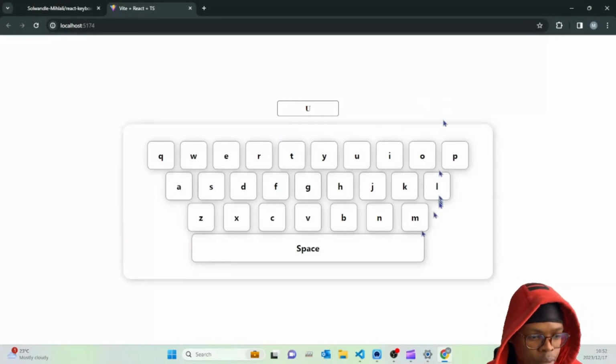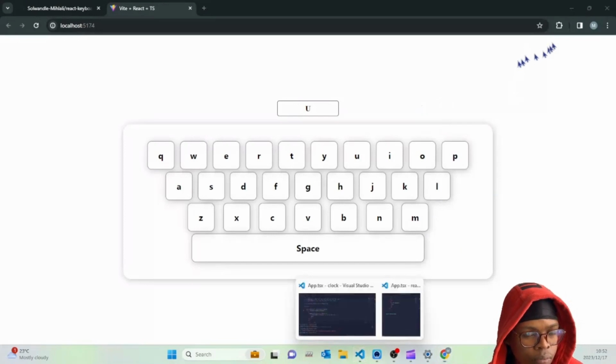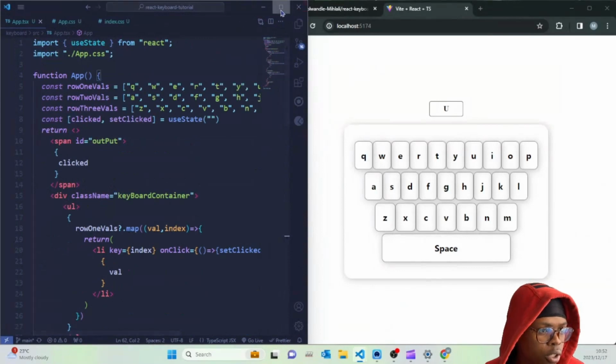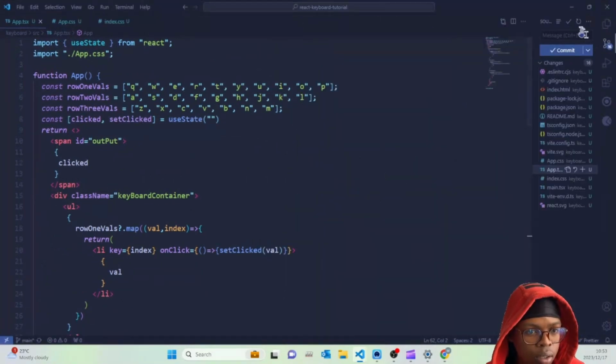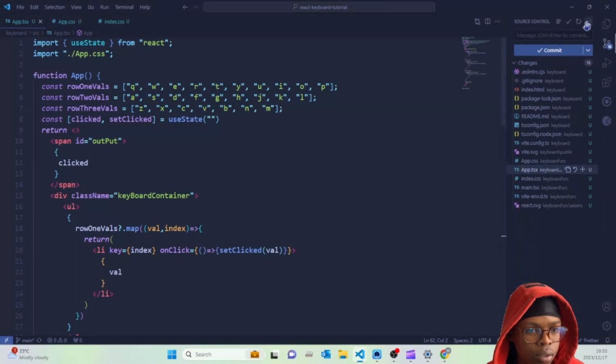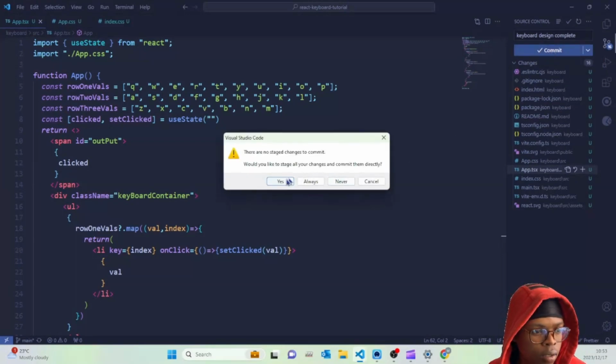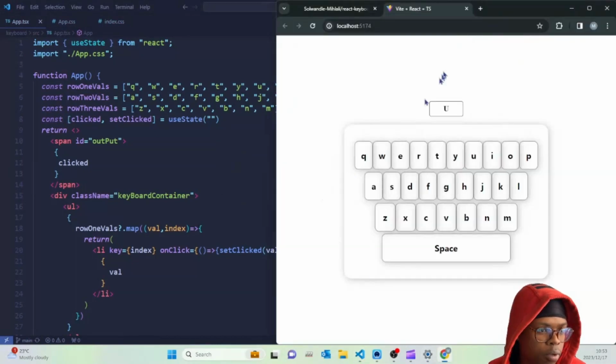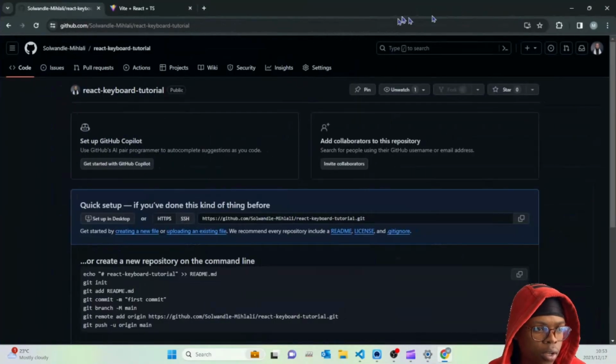Our project is up and running, and all I will do now is push it to my repository, and I can do that by just going here. My commit is keyboard design complete, and I'll press commit. I'll say yes, and now if I go back into my repository and I refresh,